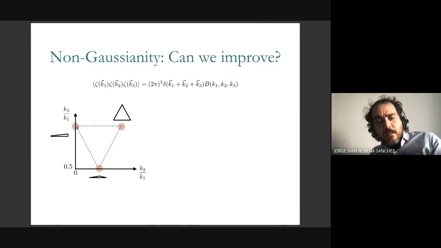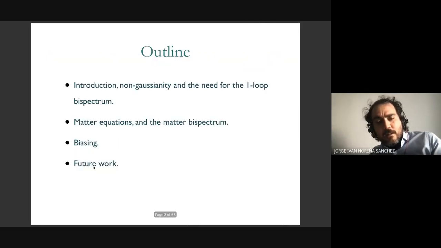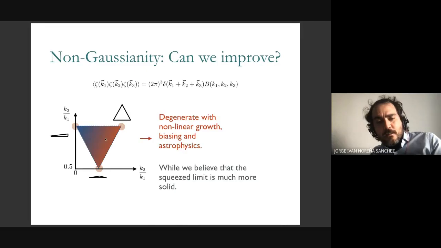Now, can future surveys improve on this? Well, it depends. There are several works studying whether the future surveys will be able to improve on this. And there is still not a complete analysis, but it seems that it will be very difficult to improve on Planck for configurations away from the squeeze limit, simply because the nonlinear growth of gravity generates a signal. It generates a bispectrum, so it's very hard to tell a primordial three-point function apart from this three-point function generated by gravity.